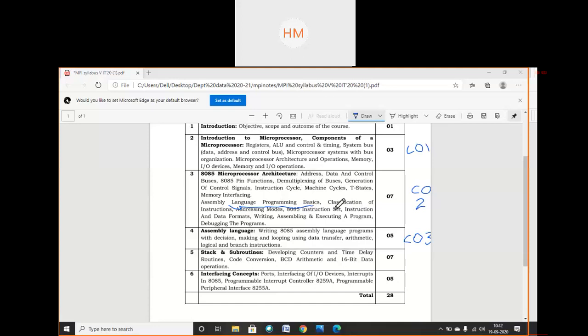We have completed the classification of instruction set, T state, machine cycle, timing diagrams, everything. So we have almost completed our CO2. Now we will start with CO3, and CO2 and CO3 are totally interlinked, because whatever we have studied in CO2, we will implement in CO3. To start with CO3, assembly language programming of 8085, we should know thoroughly the classification of instruction set, its addressing modes, data formats, and the length of the instruction. So today we will start with assembly language programming.